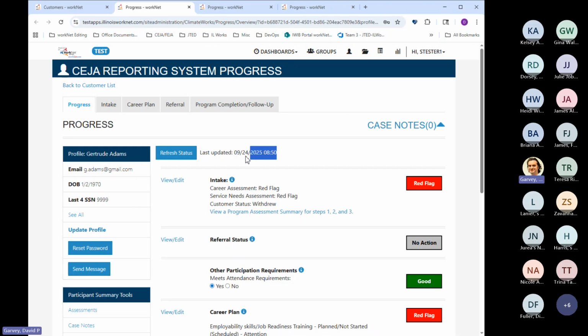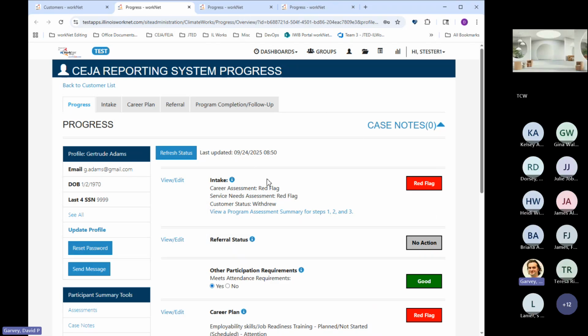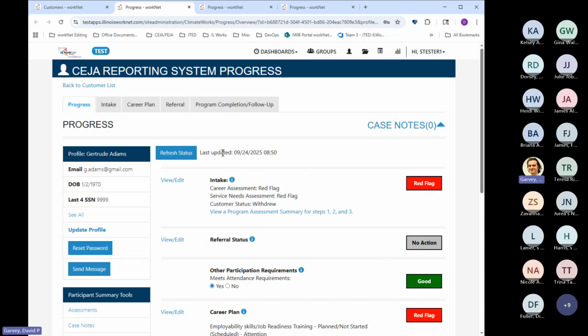The first update I wanted to go over is we did have an update for this overnight sync on the customer progress page. On a nightly basis, it looks like around 8 or 9 p.m., we refresh the data. So if you're making updates to customer records here, you can manually click this to get the latest timestamp and reflection of the data that's been entered for the different sections.